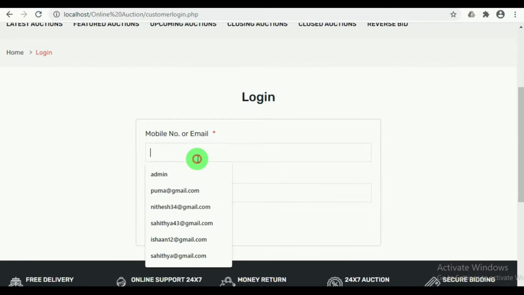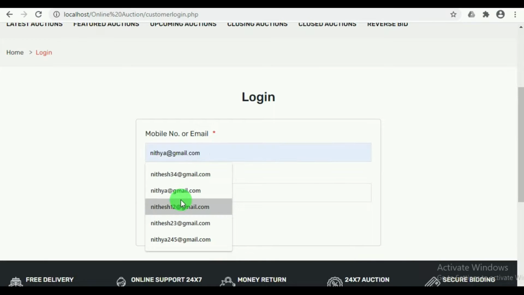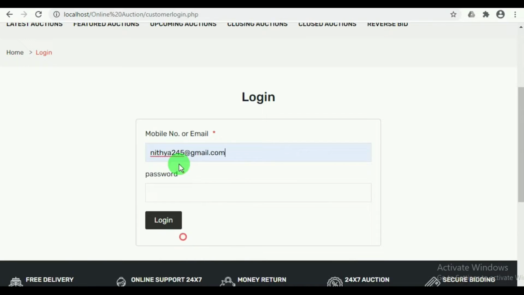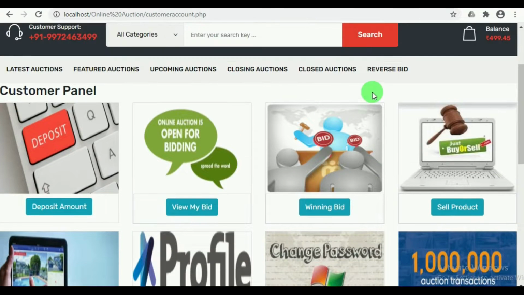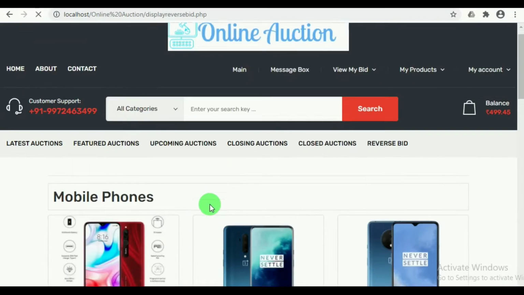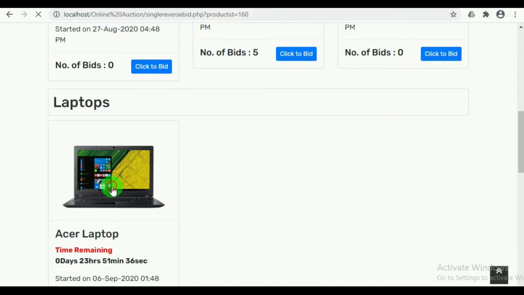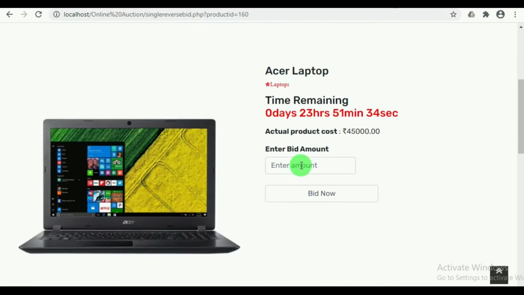Let's log in as one more customer by mentioning email ID and password. So this person enters the bid amount 35 and clicks on bid now.